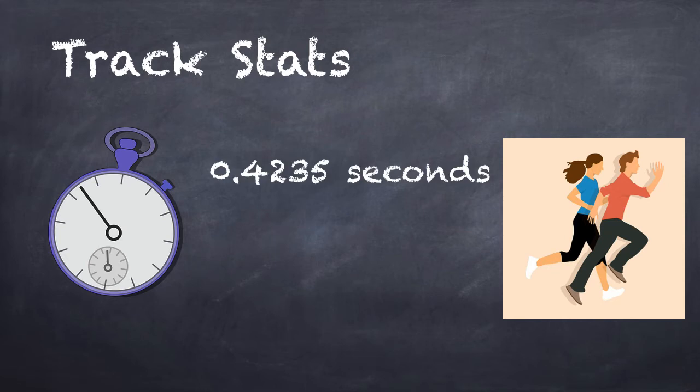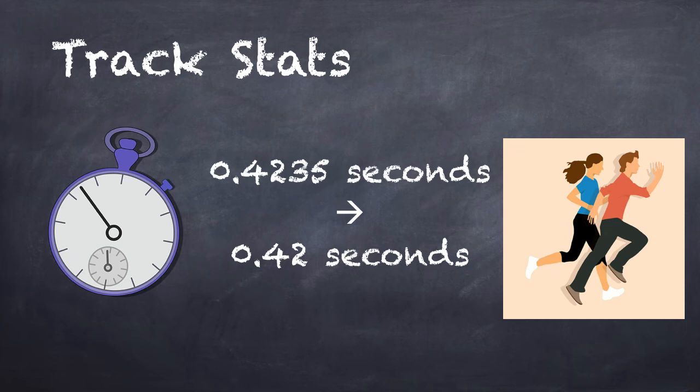Now we have 0.4235 thousandths. I want you to round that number to the hundredths place. This number rounds to